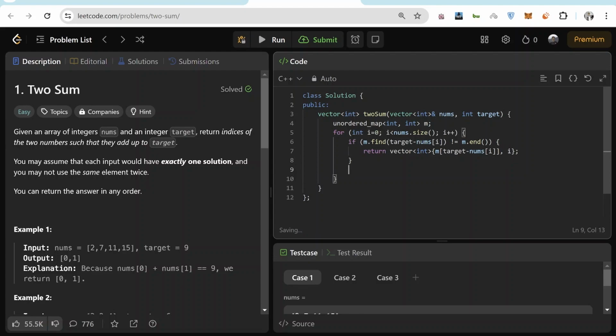But if it is not found, we just insert it into the hash map, which we would do like m of nums[i], and the value of this would be i. Okay, that looks fine to me. In case no answer is found, just for safety, we'll return -1.